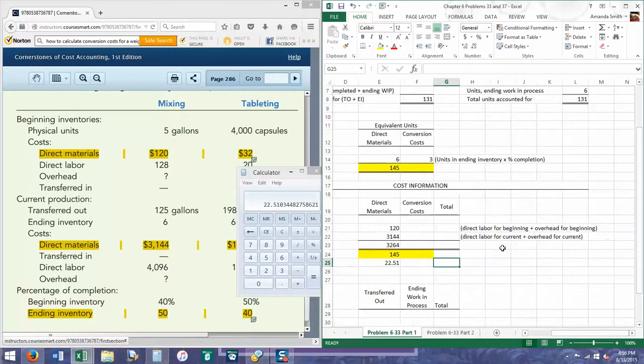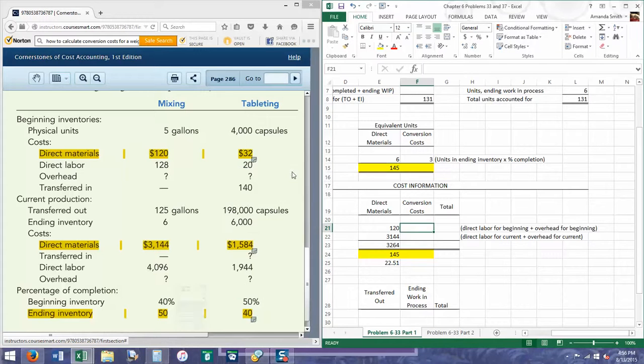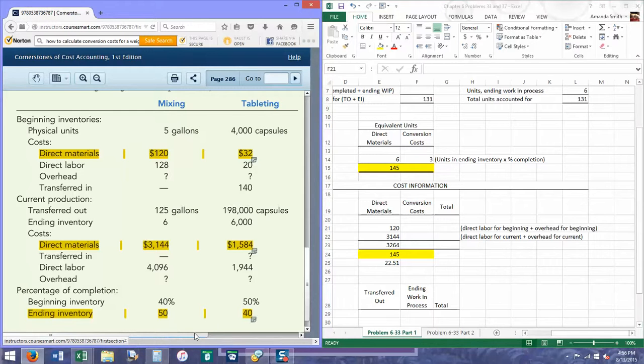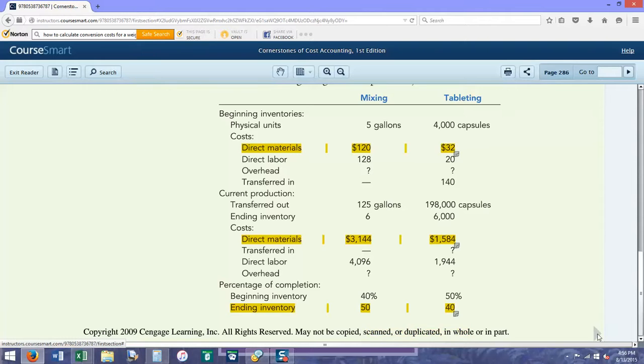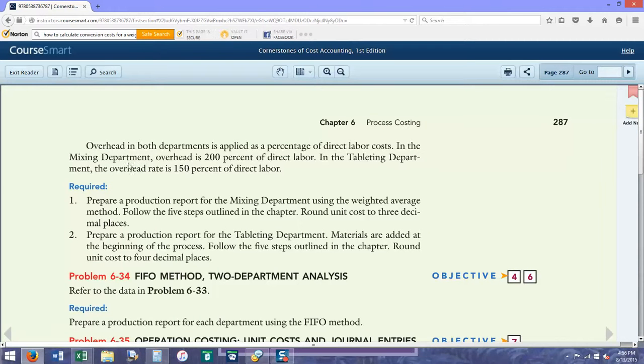For the conversion cost amount, this is where it gets a little tricky. For your conversion cost amount, you're going to take your direct labor plus your overhead. If you look, your overhead has a question mark. To find out how to calculate your overhead, you're going to have to go to the next page of the textbook. It tells you for the mixing department, your overhead rate is 200% of your direct labor cost, and for the tableting department, the overhead rate is 150%. So to calculate your overhead rate